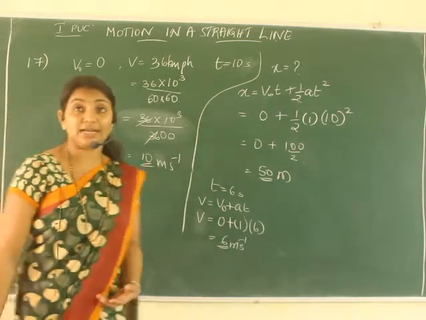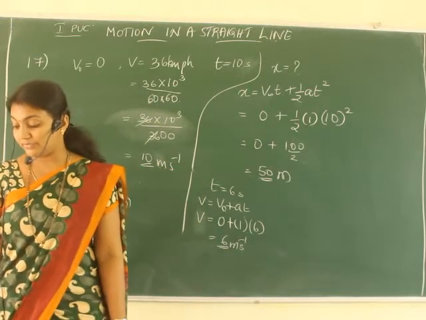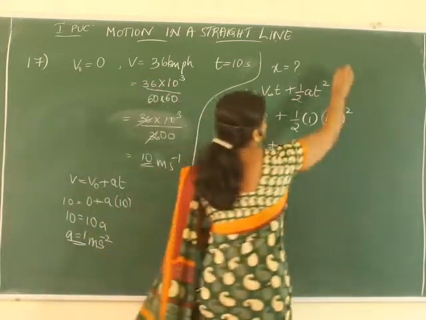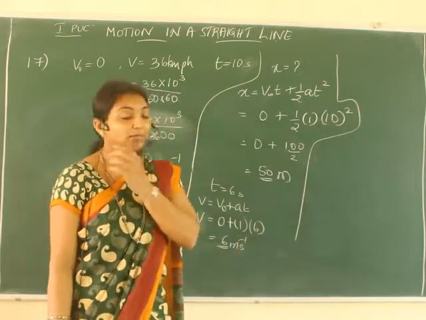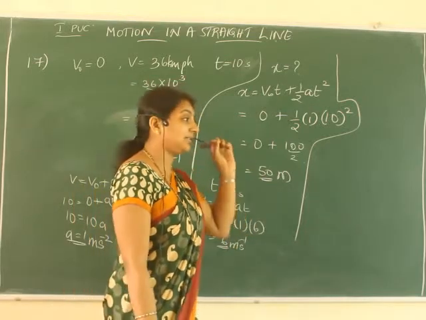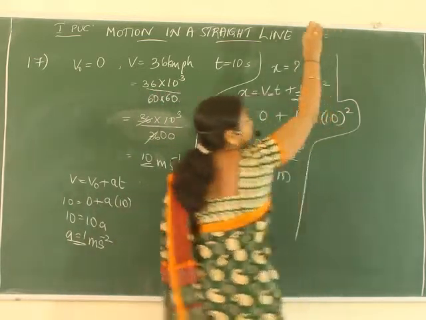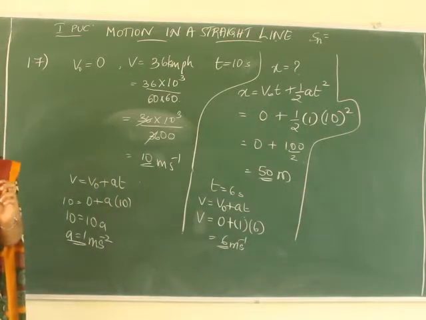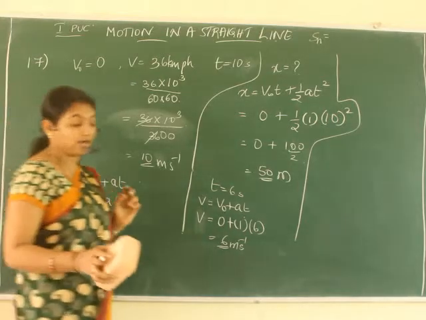There is one more question in that, continuing, correct? What is that? The distance travelled in the 6th second. Now we have to calculate the distance travelled in the 6th second. I remember I told you to write. If I have not said, now write a note, okay? After solving this problem, write one note. That is, distance travelled in a particular second, for nth second, Sn or xn is equal to v naught plus a by 2 into 2n minus 1.